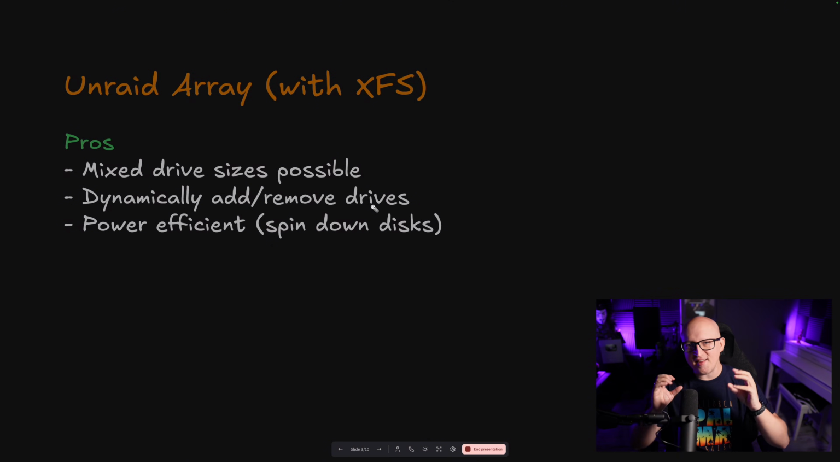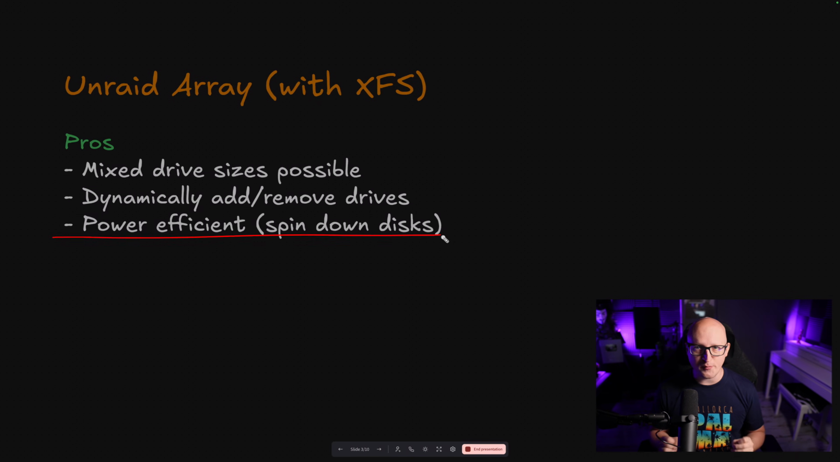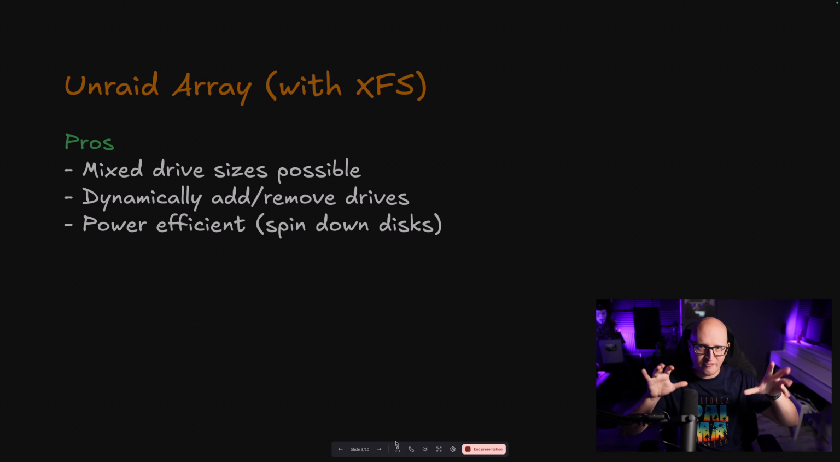And I think this is a big advantage, because if you start with a smaller disk and suddenly you need to expand your storage because you don't have any space left, this is not really a problem in the Unraid array. And it is also very power efficient, because if the files are spread around the different disks